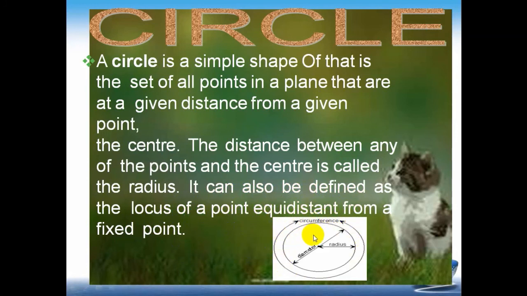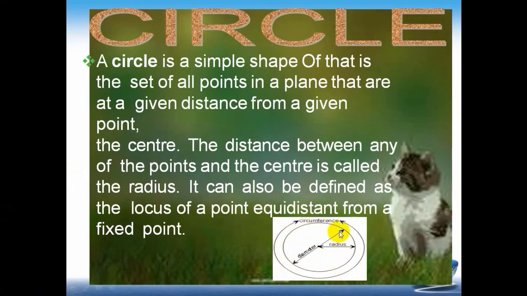We have already discussed a circle in the last video lectures, how to construct a circle and what the characteristics of a circle are. A circle is a set of points. The points are equidistant from a fixed point. Suppose you see over here, this is the fixed point. The fixed point is called the center of the circle, and all other points are equidistant from this fixed point. So this is called the circle.